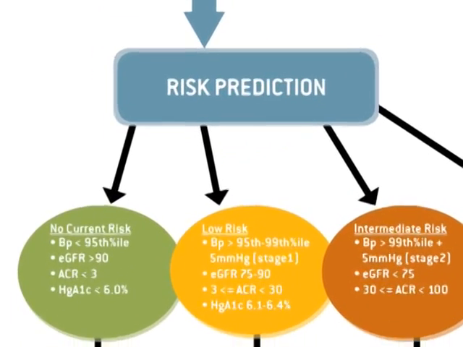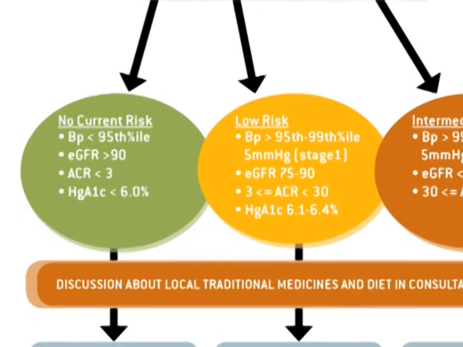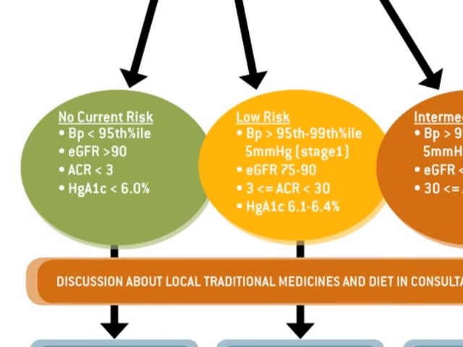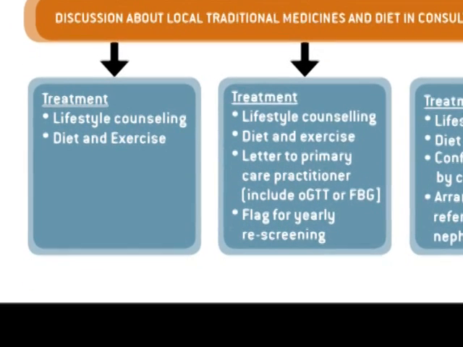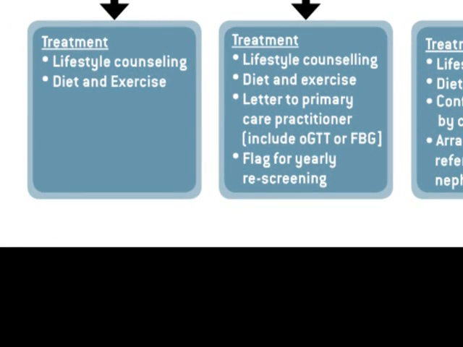So those patients that will be triaged to primary care are those in the low risk category. And you can see here in yellow, the low risk category will be those with stage 1 hypertension, which is a blood pressure greater than the 95th percentile to the 99th percentile plus 5 millimeters of mercury. And I'll explain that a little bit more as we move forward here. If they have an eGFR between 75 and 90, or if their albumin-creatinine ratio is between 3 and 30, then those children will be triaged to the low-risk category. And we've developed some pediatric-specific treatment guidelines to guide the primary care practitioner in further working up these patients and